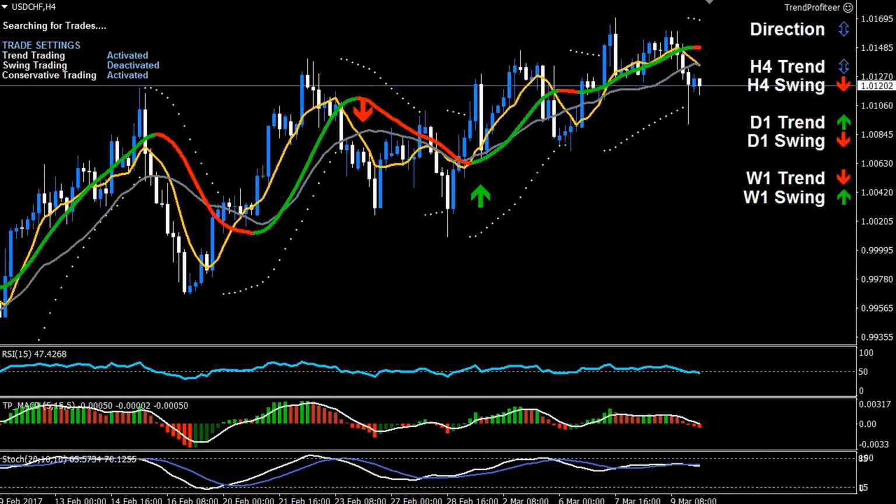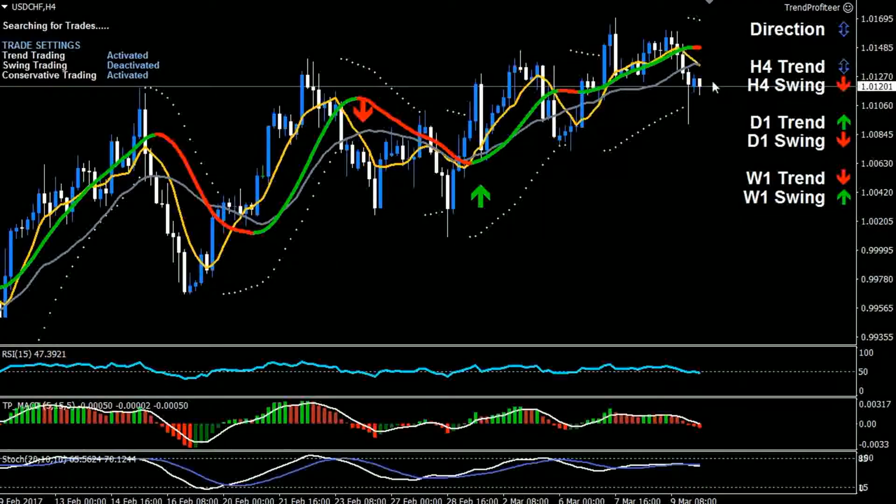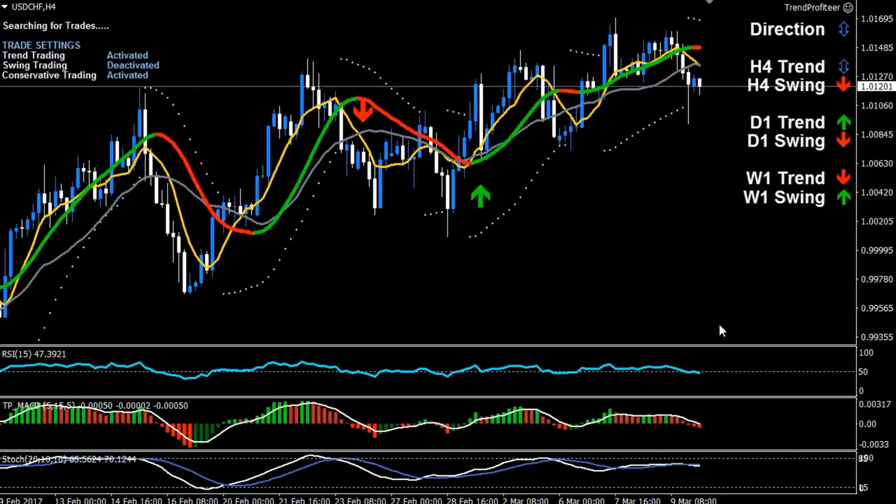Okay, so will it go forever? Well, there's a good potential reward here for a very small risk, but I don't know. It may be a false move. It may be a bear trap. What's a bear trap? A bear trap is when